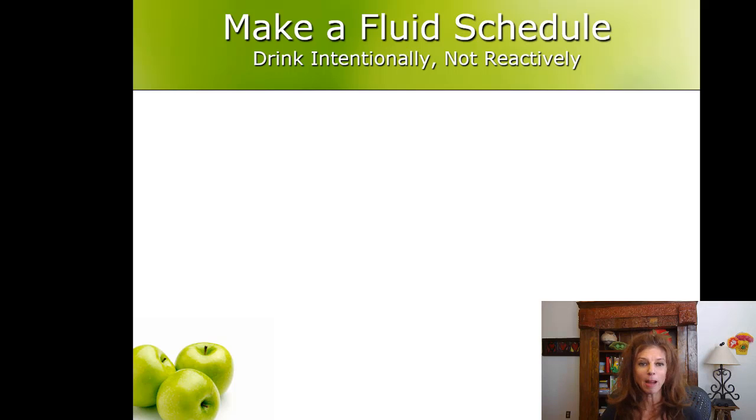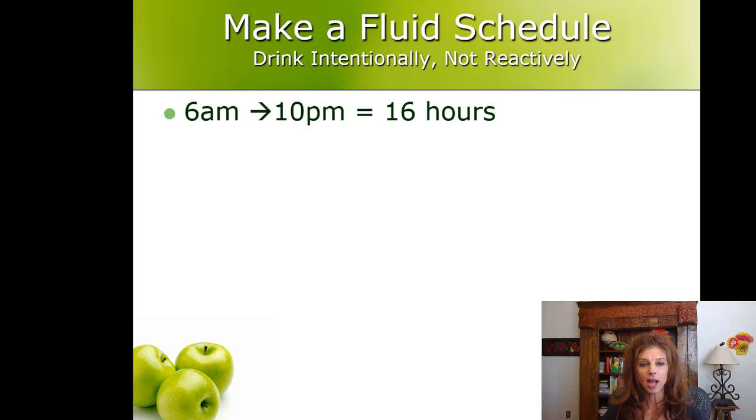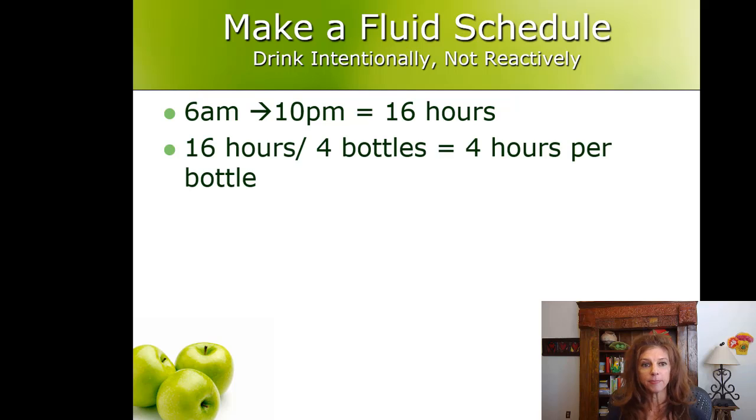So all I mean by that is think about the times that you're awake. I'll use 6 a.m. to 10 p.m. for this example. That's 16 hours. And then divide those hours into how many bottles or cups you need to finish. So 4 16-ounce bottles is 64 ounces. So if we're going to drink 4 bottles over a 16-hour period, you just need to finish each